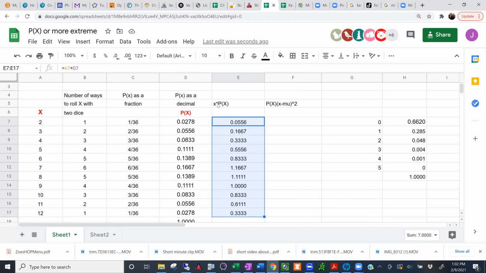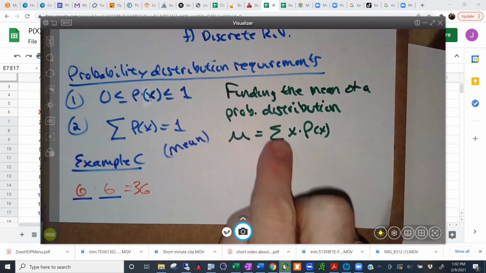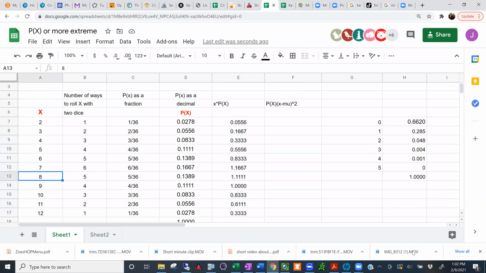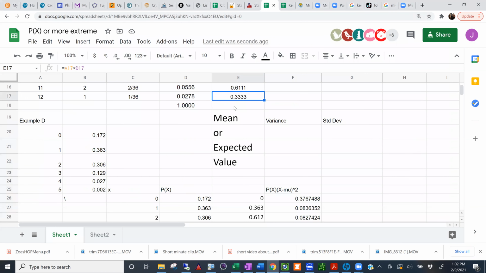So this is all your X times P of X. According to this formula, to get the mean, I need to add all these things up. So we'll do that, and when you sum that column,